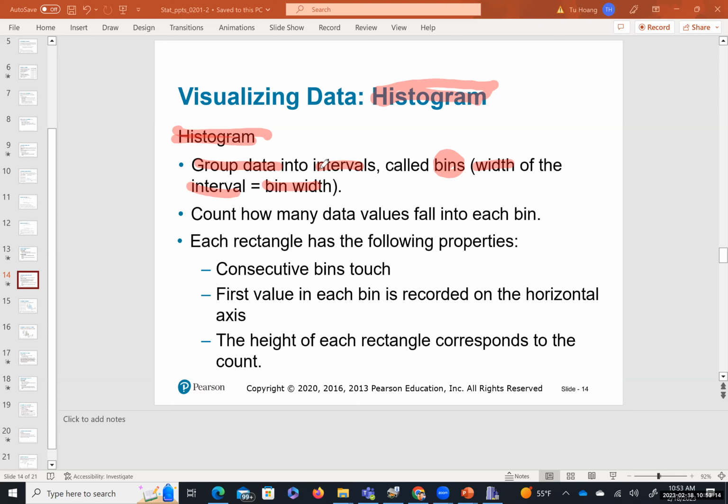Okay, so in some other statistics texts, people call this the class width. And the bin is called a class. Same meaning, just using a different word. All right, so